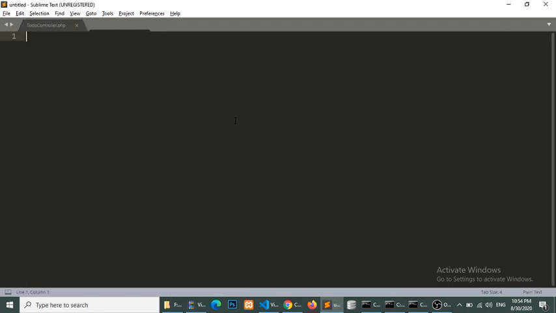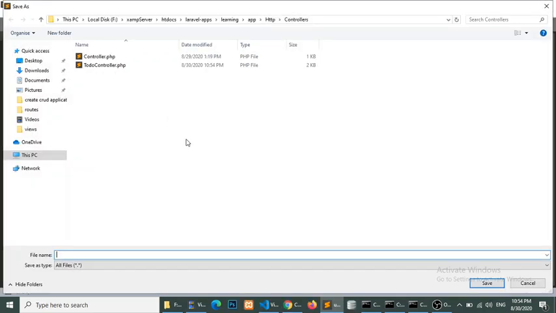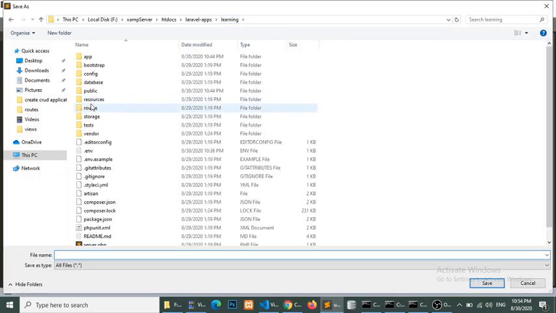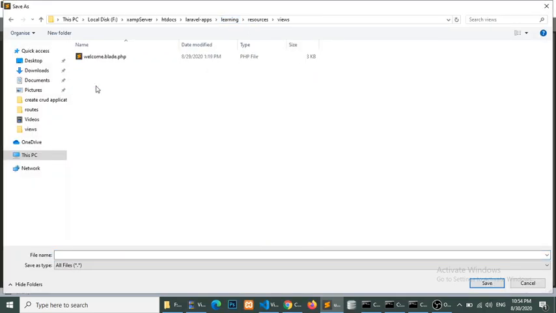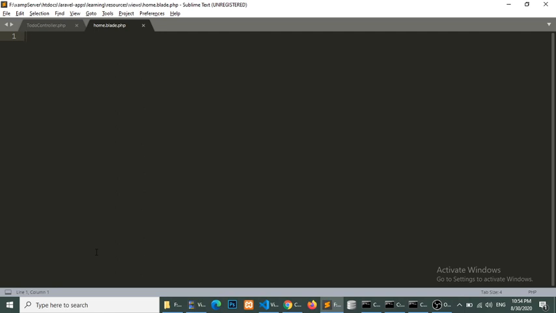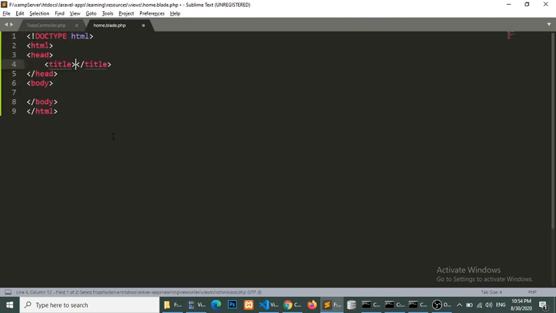Now we will create a templates. So in the resources views we will create a home dot blade dot php. So blade is a template, default template engine in Laravel, so we will use this blade template. So all tasks,